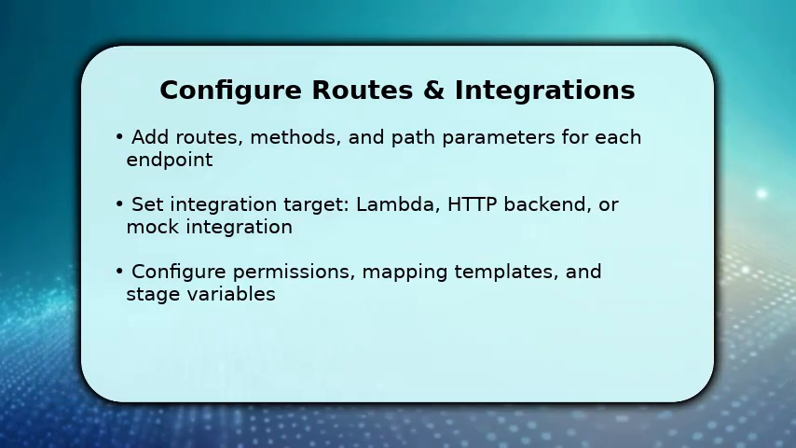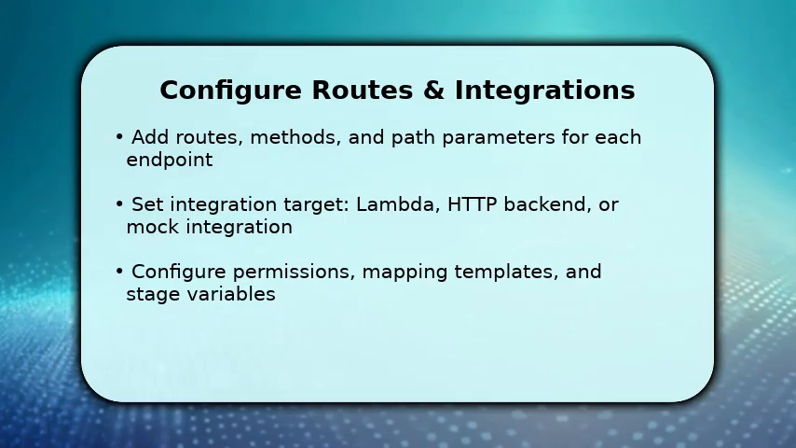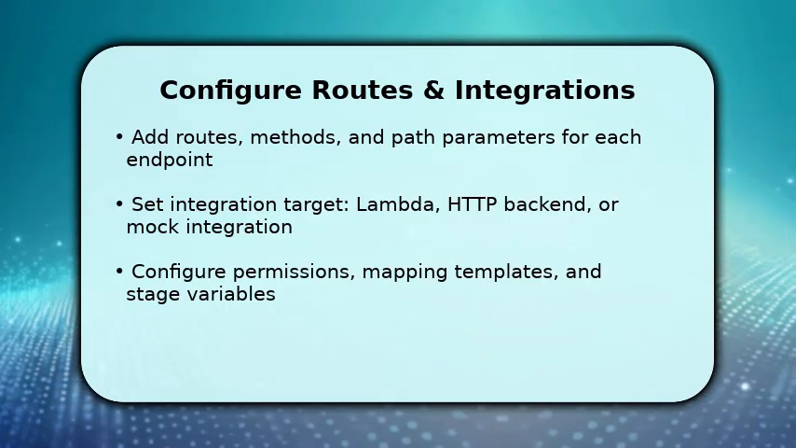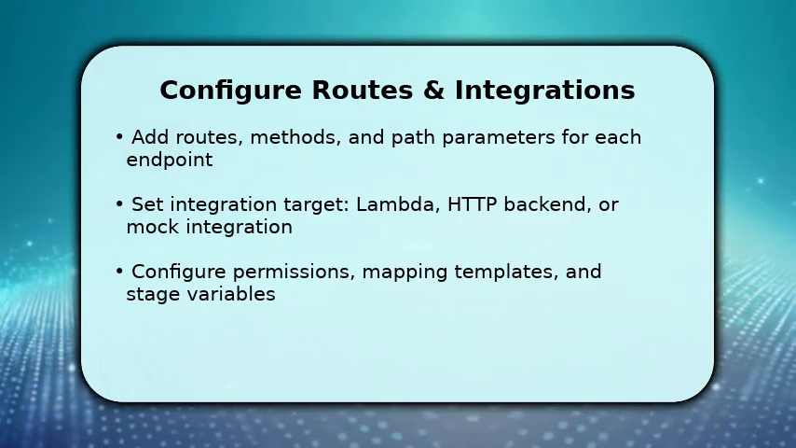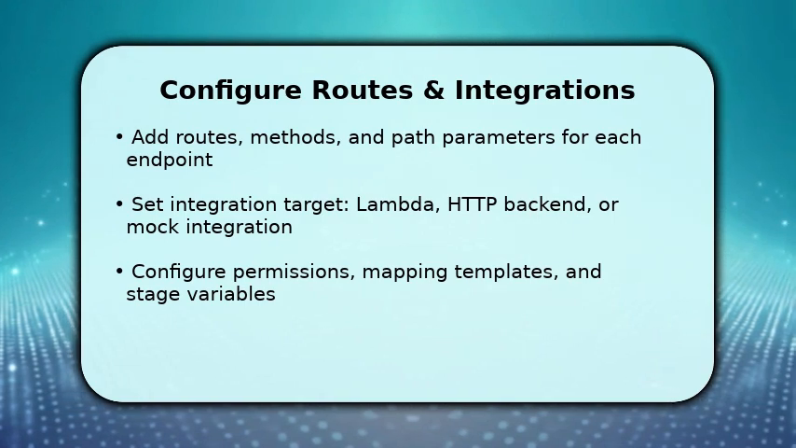Configure request/response mapping templates to transform payloads and use stage variables for environment-specific values. Make sure to set up IAM roles or resource policies so API Gateway can invoke your backends. Missing permissions are the most